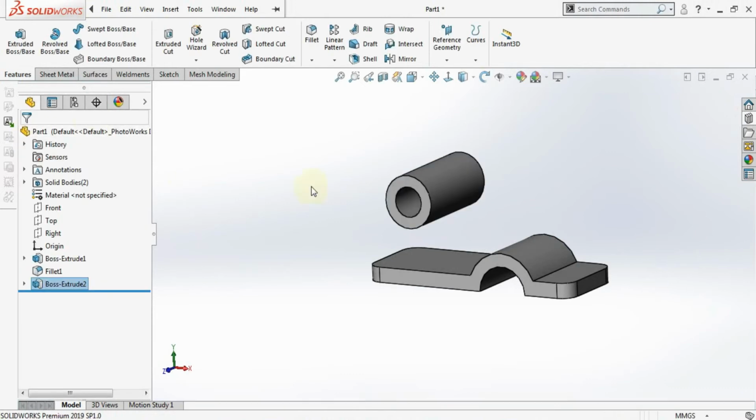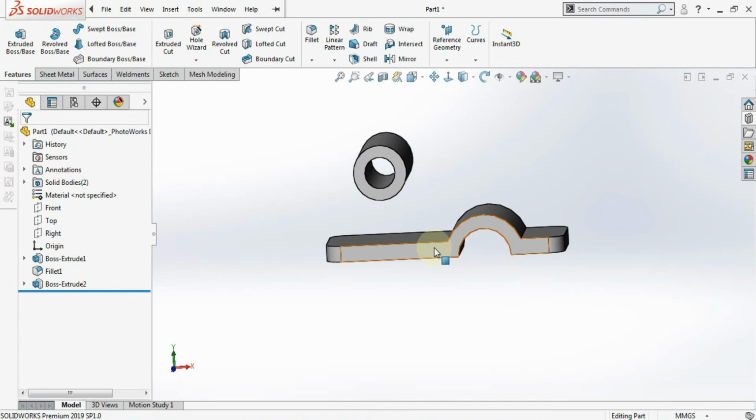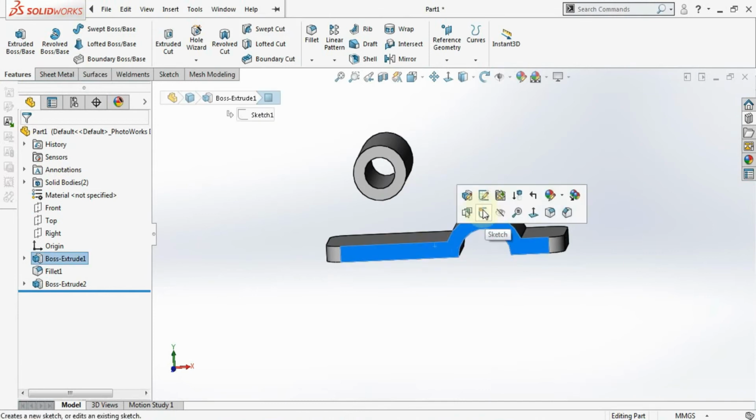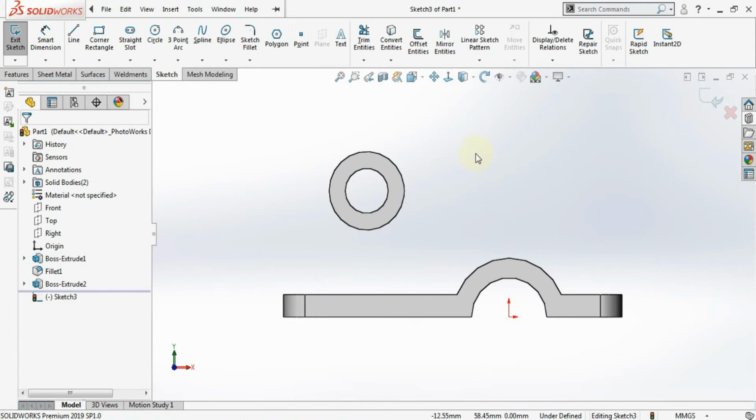OK. Right now you can see here we need to create some plane, or else we can go with the face also. Now I will select this face, click on this face and go for the sketch, make it normal to the plane, and I'll just do convert entities. Click on this edge, go for convert entities, and I'll do convert entities of this line.